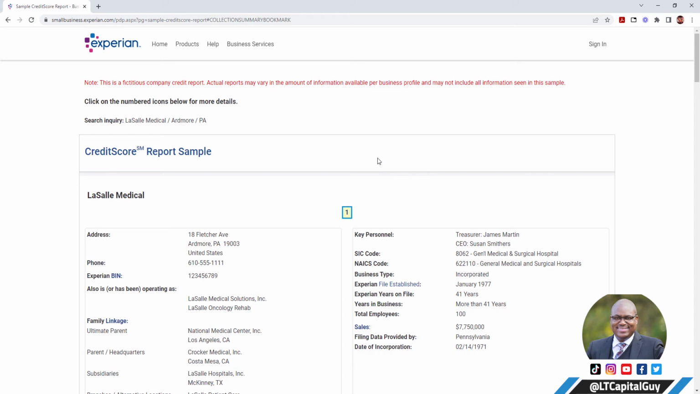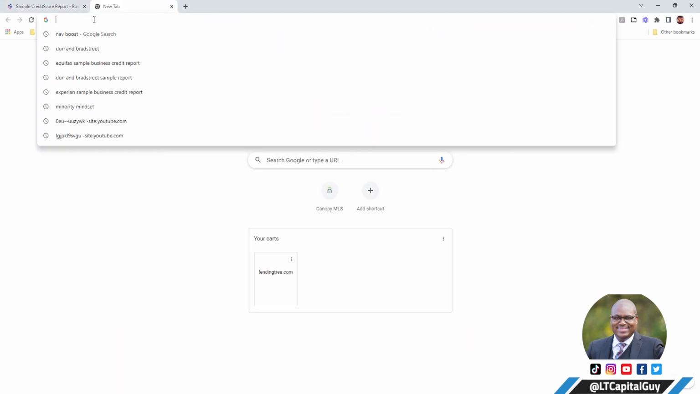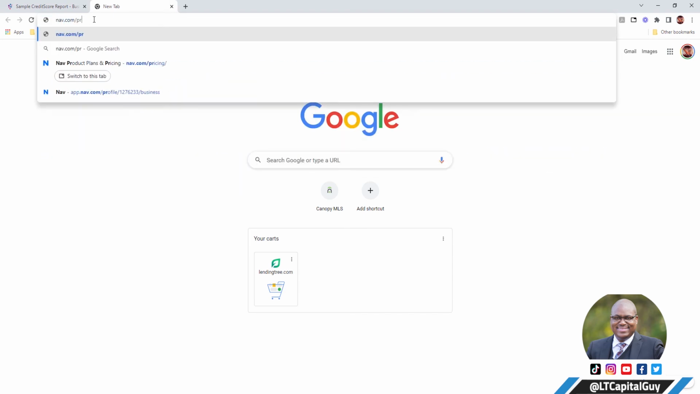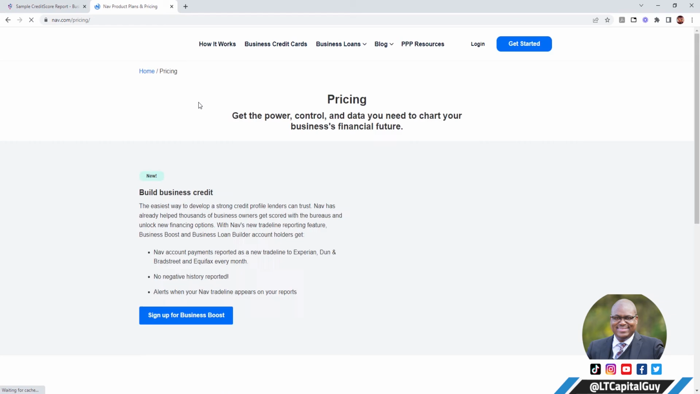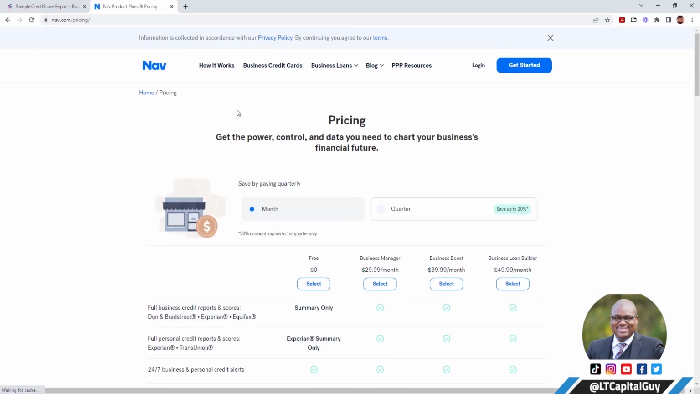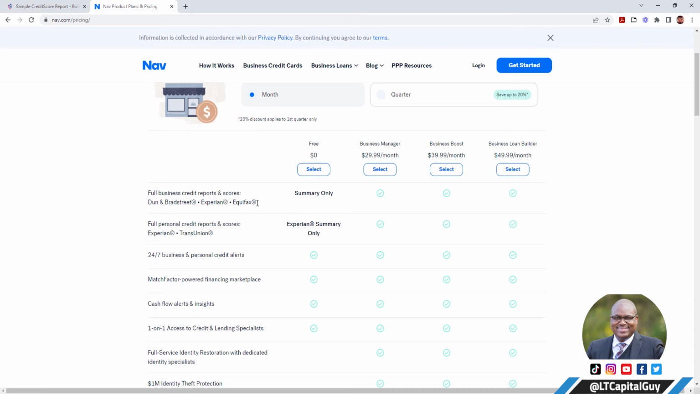If you are looking for a way to bring all of your reports in, I would say sign up for NAV. If you go to nav.com/pricing, this gives you information about NAV. NAV is a platform where you can get all of your business credit reports brought into one place. You can get a summary only for their free plan, so you can sign up for free. It looks like it'll also give you a full personal credit report for Experian only. But if you're looking to get all of your business credit reports,